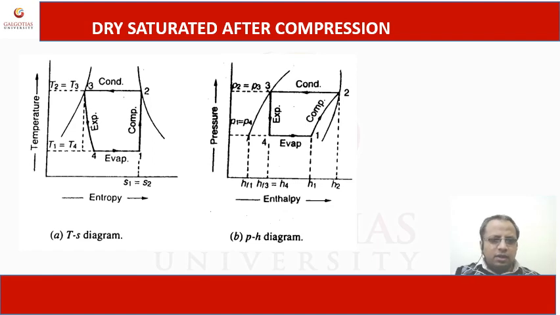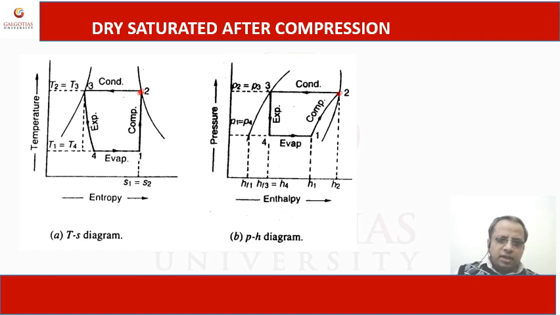Now individually we can see the dry saturated compression, where the refrigerant during the compression process is 1 to 2. At state 2 it is achieved at the steam dome here. So this is the dry saturated compression process. This is the P-h property plot, and in the P-h plot we can see that state 2 at the end of the compression is achieved at the saturated vapor line.